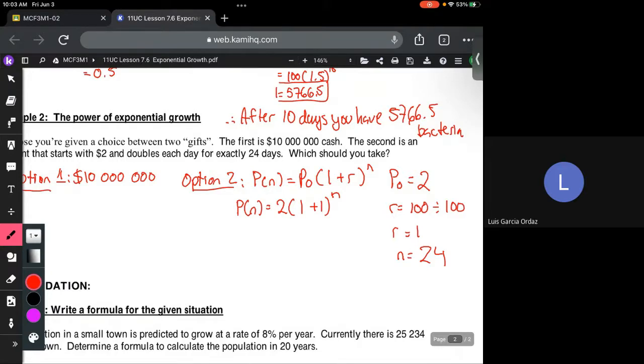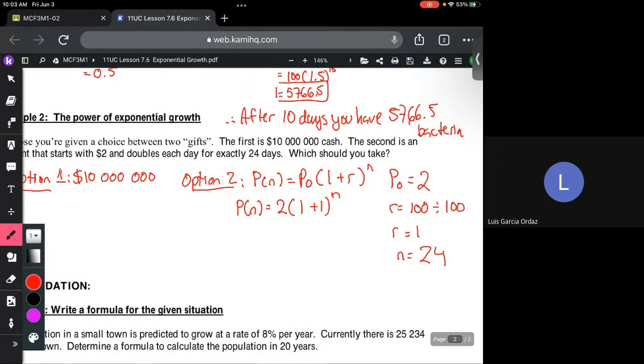Wait, so where did you get the R with the 1? Because when you double your money, you make 100%. So that would be your rate. So remember, to turn 100% into a decimal, you just divide it by 100. Oh, right. Okay, sorry. Yep. 24 for everything else, because I want to show you the general equation first, and then you plug in the